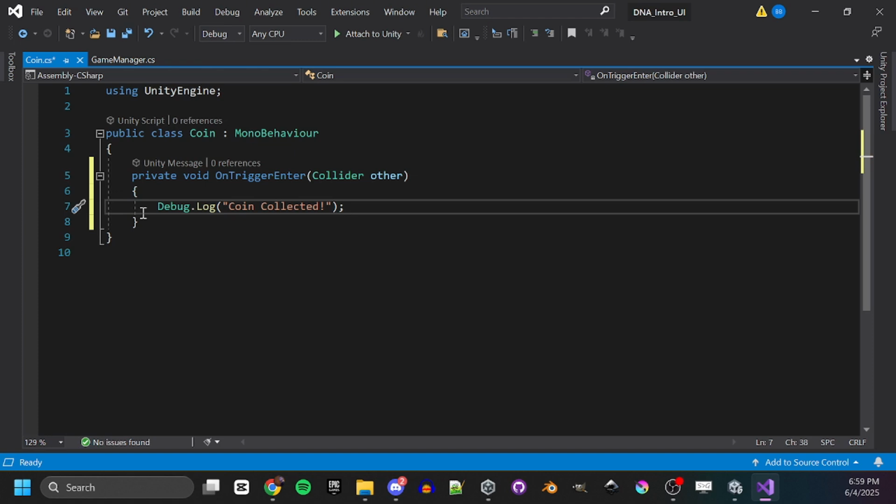Because there are reasons why sometimes it can be tricky to detect when two things collide, because there are rules. Luckily, our first-person player controller or third-person player controller is already set up so that it has everything that it needs on the player side, I think. We're about to find out. So the other thing is once you've typed that, if there's a star next to this, you haven't saved it yet. Make sure you save it or else none of those changes will be reflected. So when you know you've saved your coin script,